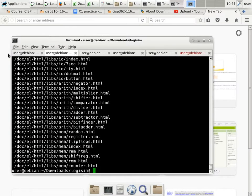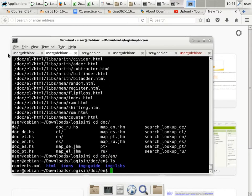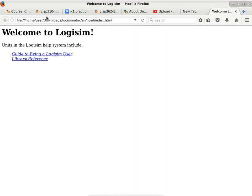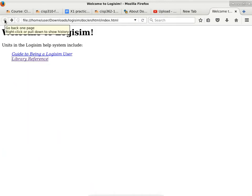Okay. So go to doc/en, contents.xml, go to HTML. Index.html looks really promising to me. There we go. So once you get to, did you guys see what I just did? You go to the...